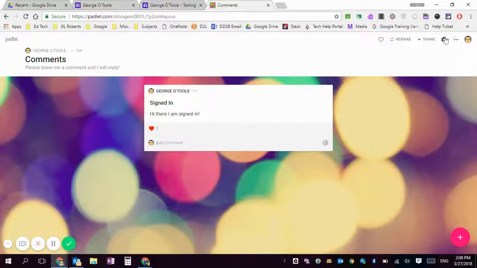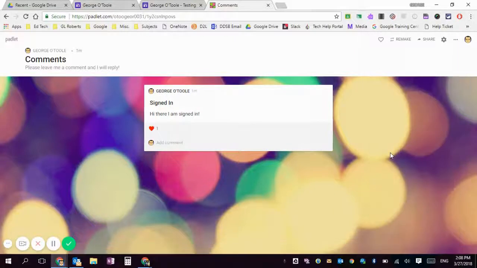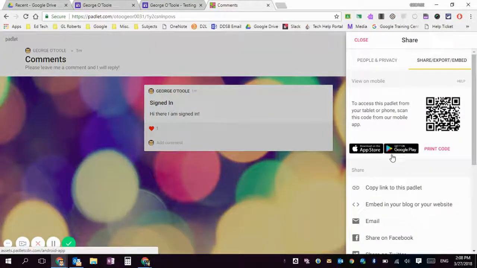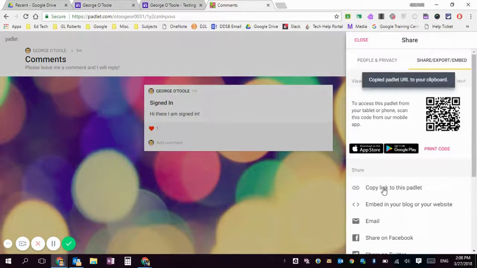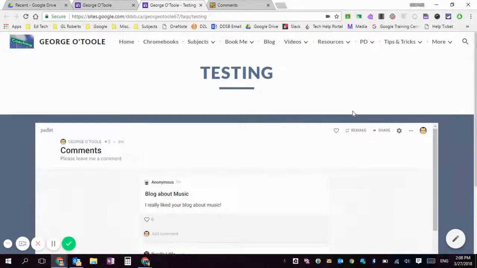All right, so over here you'll see these three little dots. If you click on that, you can change format, you can modify, there's all kinds of things that you can do. What you want to do is click on where it says share or embed. And all you do is copy link to this Padlet. All right, that's automatically being copied to your clipboard. Now all you have to do is go to your blog page on your Google Sites,